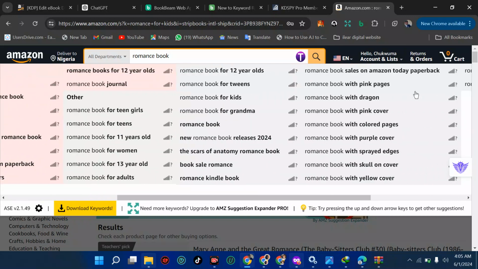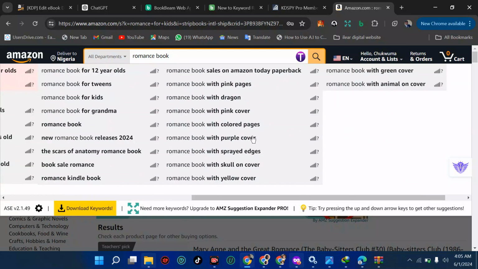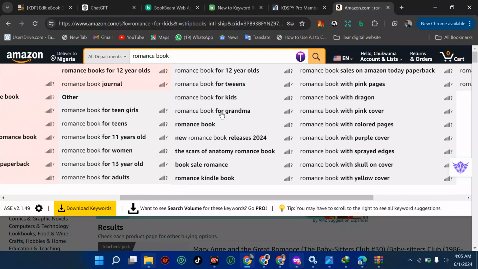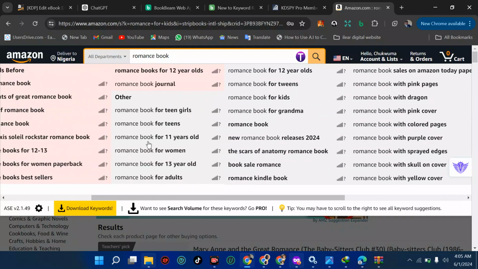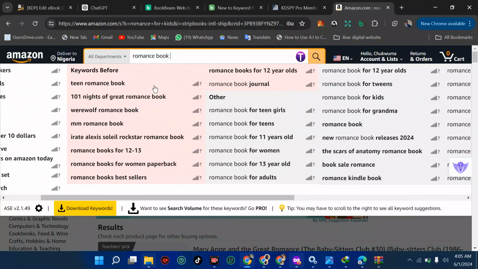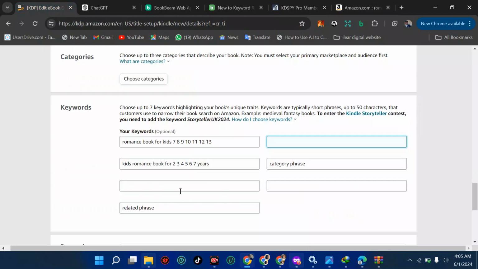We've seen many options. We've seen 12 years, we've covered that already. We have women, adult, teen, tween, and other stuff. So that will be our next consideration. So I'm going to say romance book for tween,